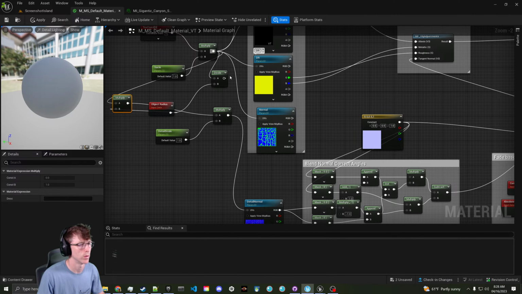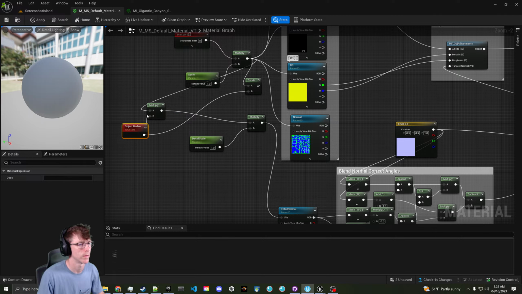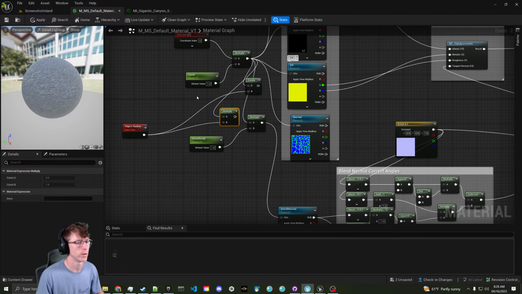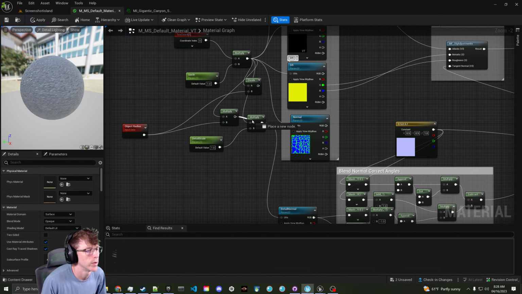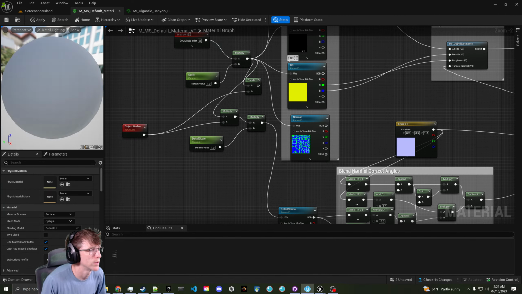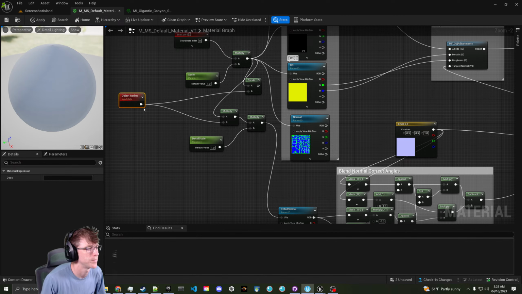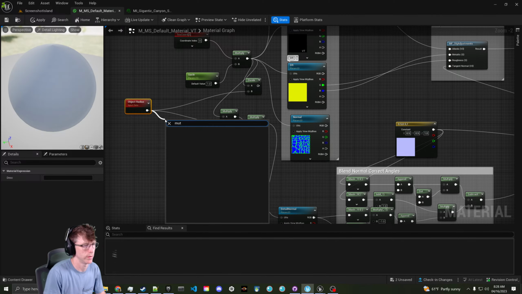Got them in there. Oh. That times the object radius. Yeah, okay, so now that's back. Now, if we multiply that times the object radius, you'll see they kind of seemingly go away. So we'll just multiply this